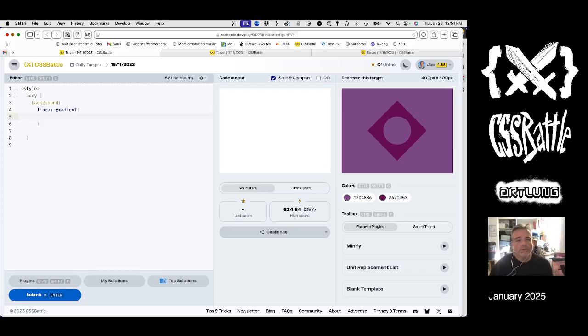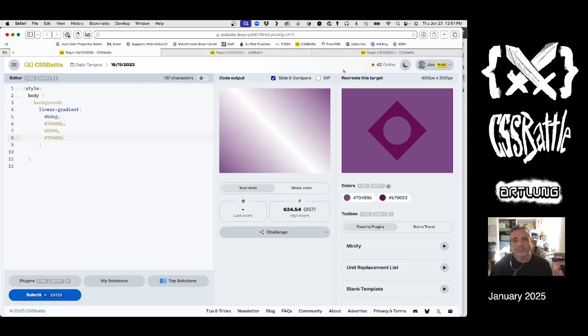We're going to go from the outside in, and the first thing we're going to do is have a gradient at 45 degrees that starts in the lighter purple, goes to transparent, and then is the lighter purple again, like that. So if we can choose the correct numbers,